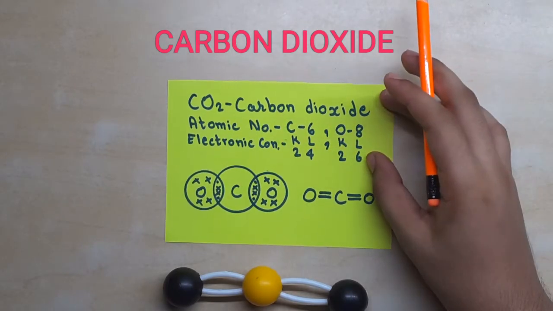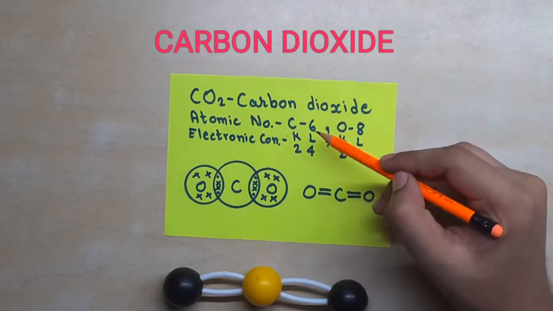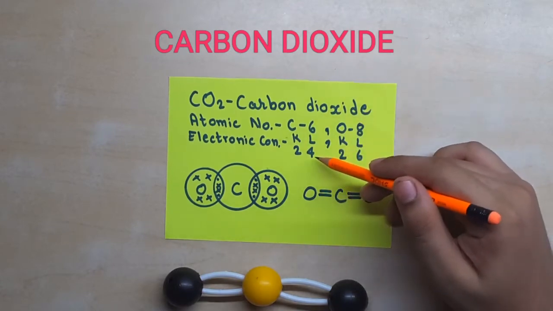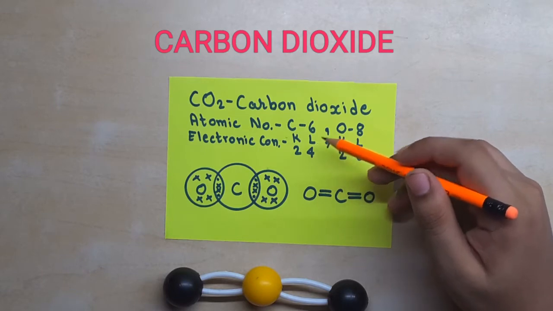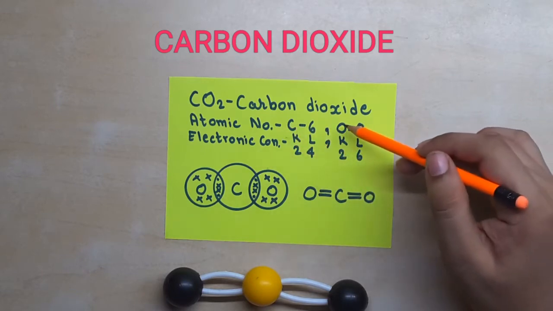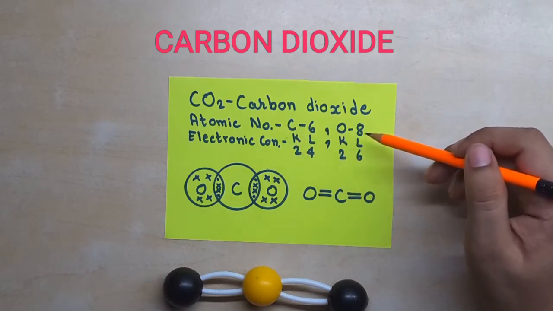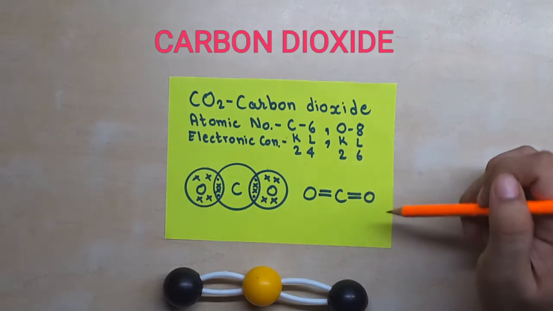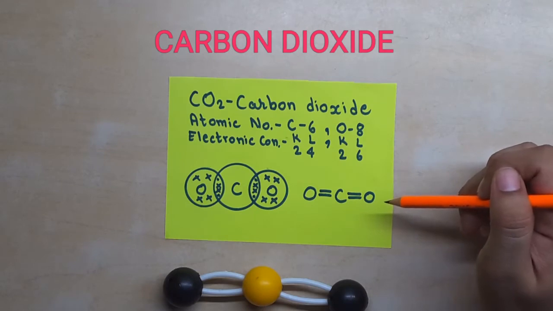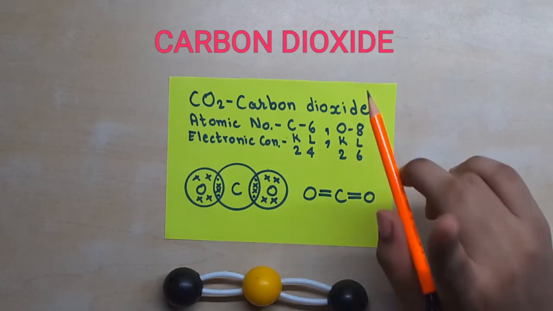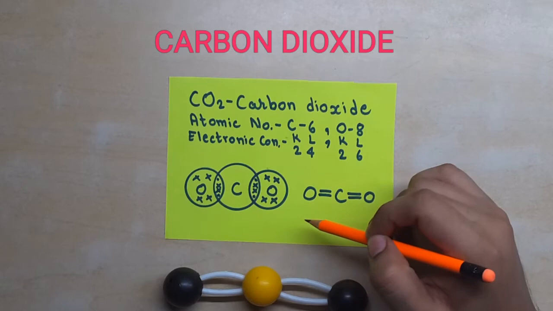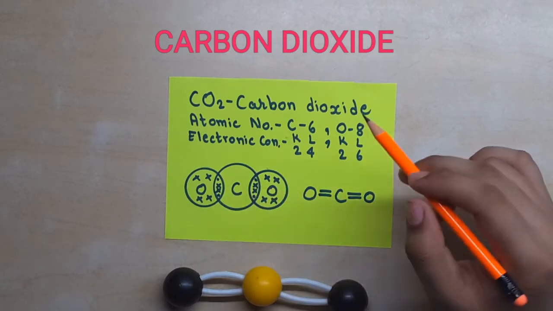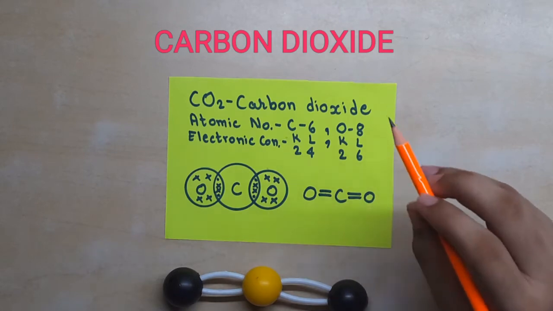Atomic number of carbon is 6, which means it has 2 electrons in its K shell and 4 electrons in its L shell. And atomic number of oxygen is 8, which means it has 2 electrons in its K shell and 6 electrons in its L shell. Thus, one atom of carbon combines with 2 atoms of oxygen so that both can fulfill their octets and gain